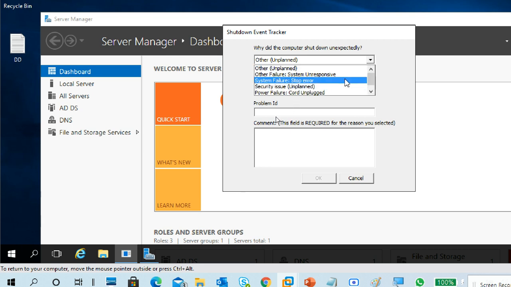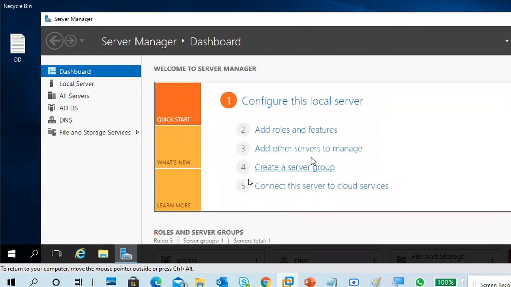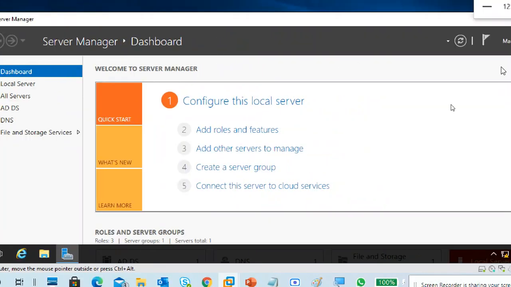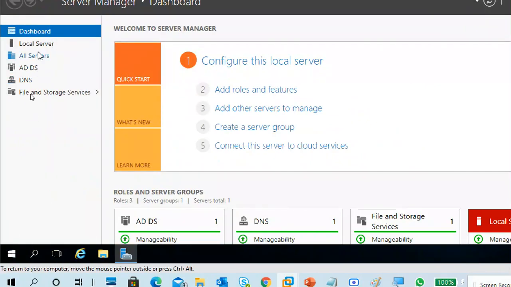For example, system failure, power failure, environment failure, like that you have to tell. You can cancel it, or you can report the issue. Then we can track why we are getting these issues.